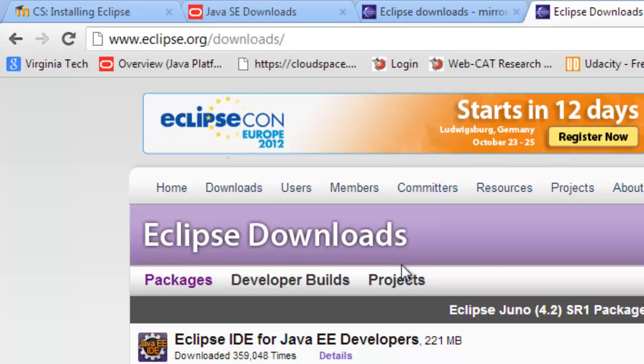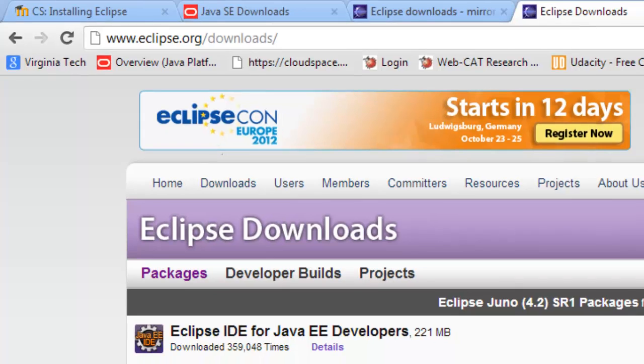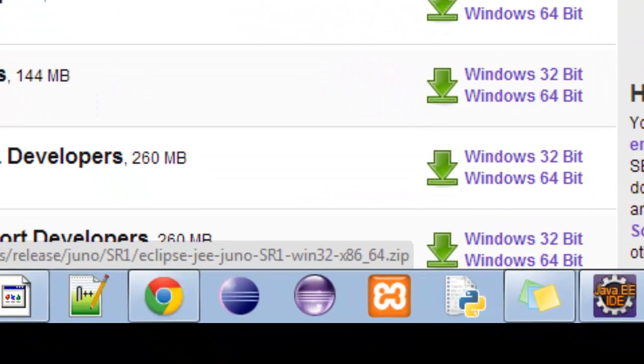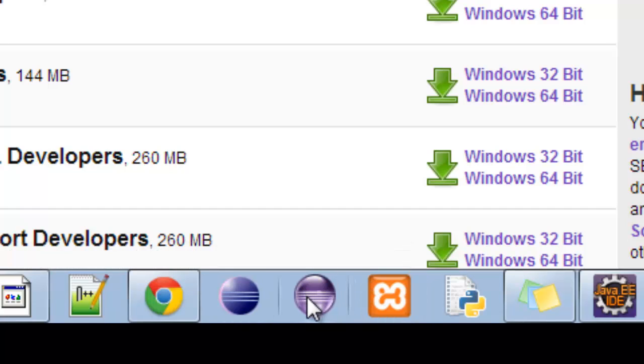And after that, you just simply download it, and once Eclipse is downloaded, you want to find it on your file system. Eclipse does not require an installer. The archive file that you downloaded can be extracted to any appropriate place on your file system, and you can run the Eclipse executable directly. So you can put a shortcut to Eclipse on your start menu and be able to run it. It should look like an icon like this,